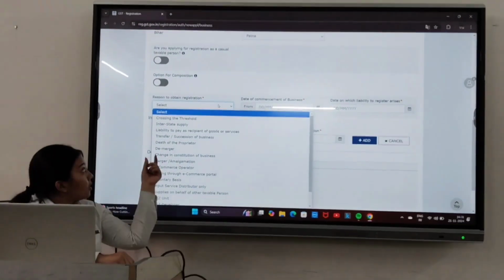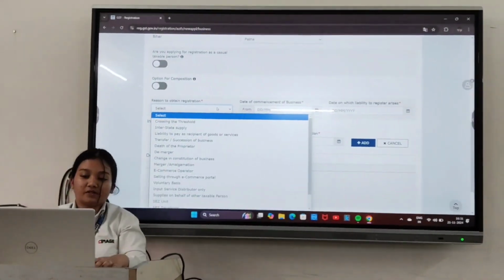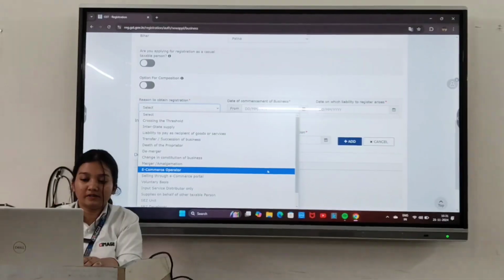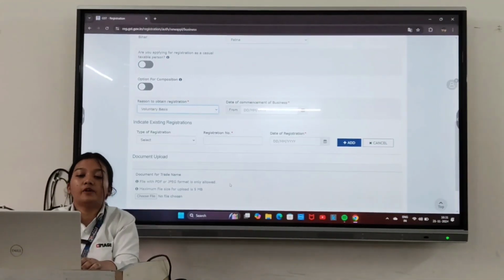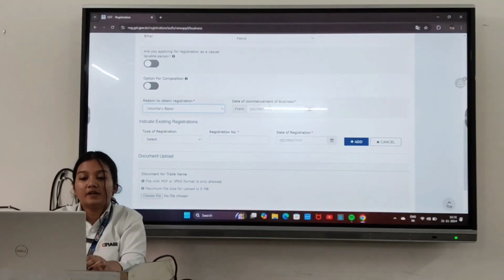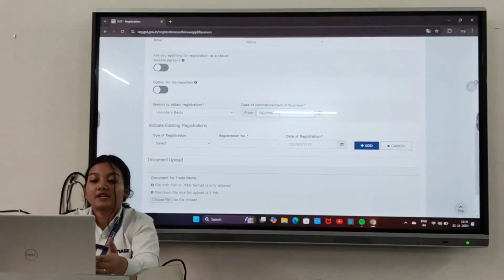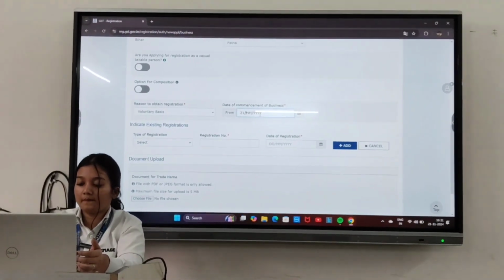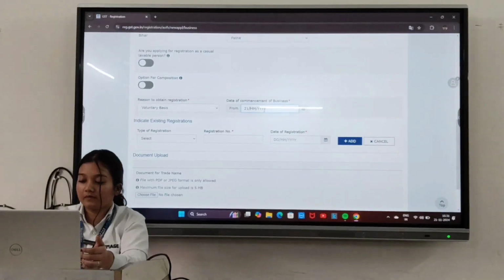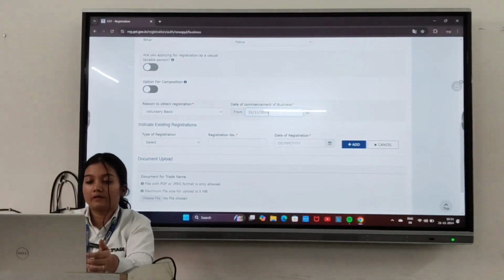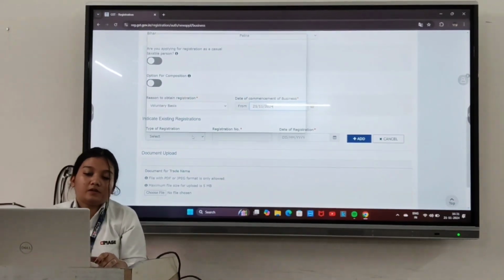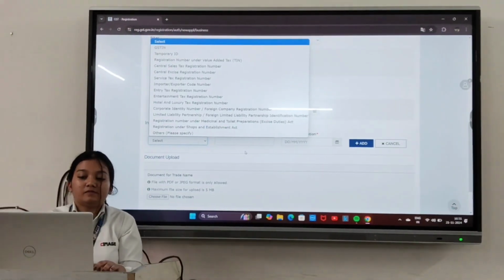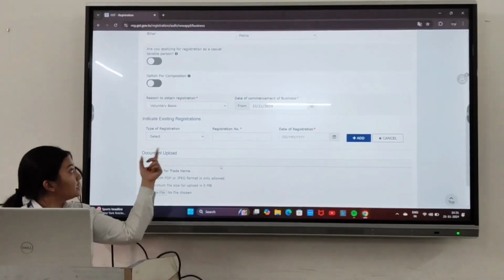Then here is the option, reason to obtain registration. There are various reasons. I'll select voluntary basis. Next I am entering the date of commencement of business. Next there is indicate existing registration.